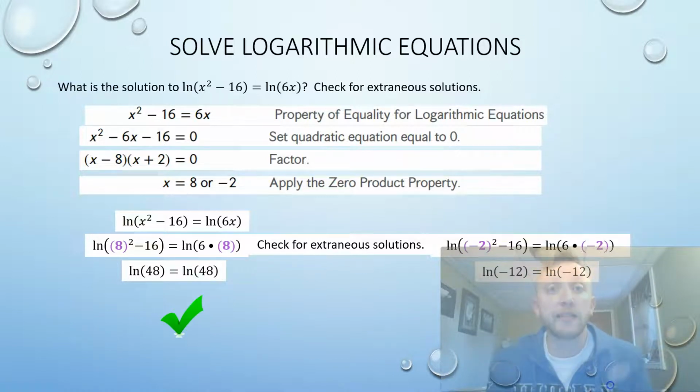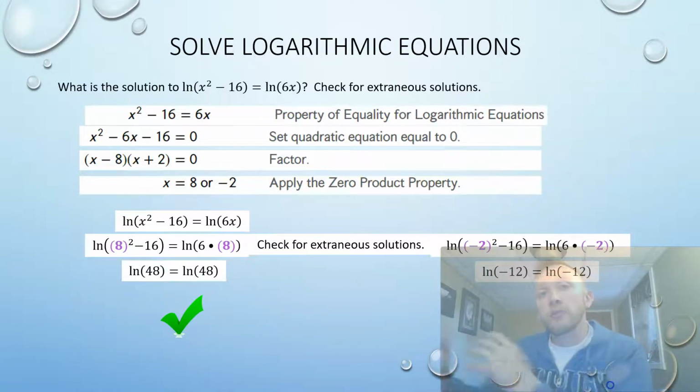Now, at first glance, that looks fine. Natural log of negative 12 equals natural log of negative 12. Good. We're good to go. Well, the problem is we can never take the logarithm of a negative number, or in this case, a natural log of a negative number. Because remember what we're saying. The value there must always be positive, because what they're equal to is an exponent,